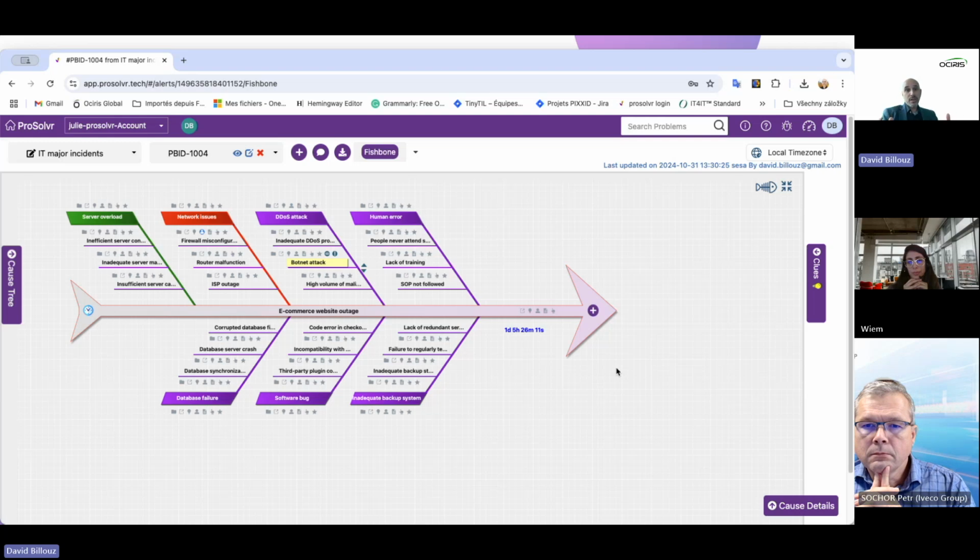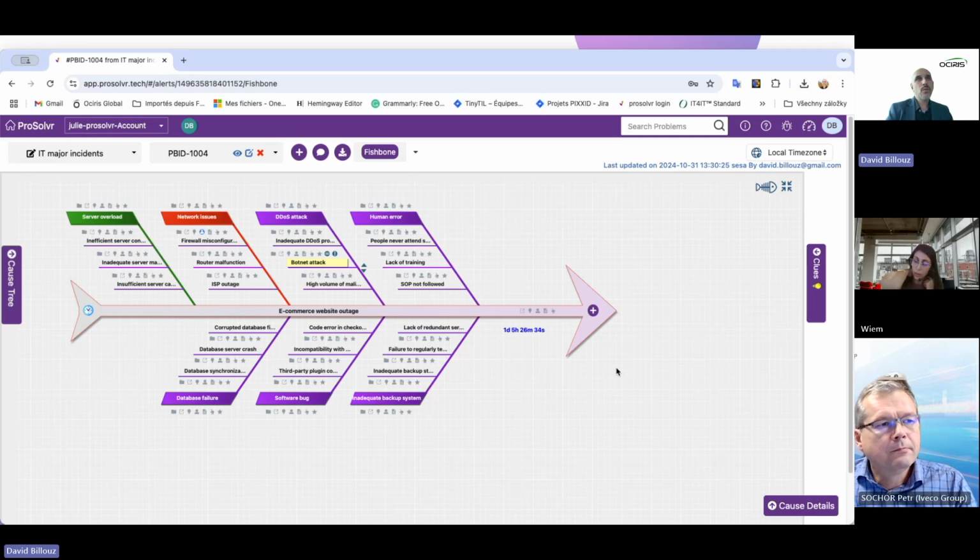We started with Jira because Jira in ITSM is one of the most commonly used, but we will continue, of course, based on what the customers want. Yeah, that was one of my questions: if there is any integration with ServiceNow, which would be useful in our case, I can imagine. Yes, it's something that